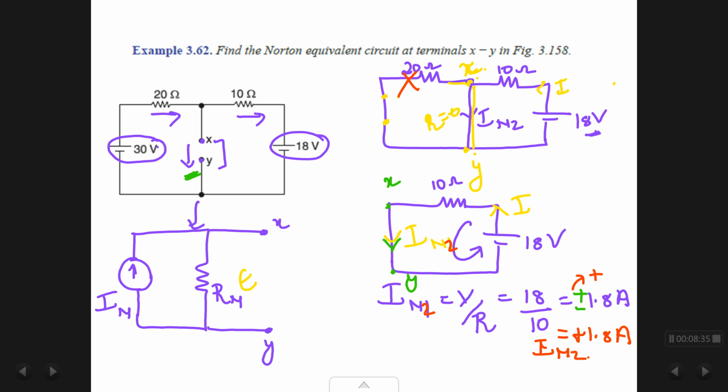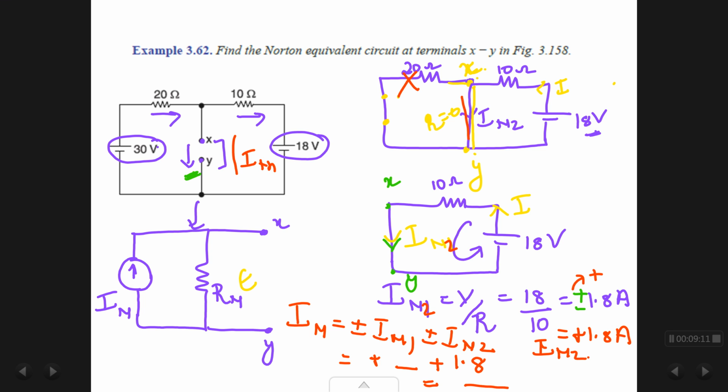Now, how do you get the final current? We have two energy sources. The current in the short because of the first energy source, I call it I_N1. So the final I_N will be plus or minus I_N1. And the current due to my second energy source, that is considering only 18 volts, was I_N2. So it is plus or minus I_N2. So whatever value you got for I_N1, put it over here, plus this. The value of I_N2, you add it over here. So the final answer for your I_N that is supposed to be put over here is